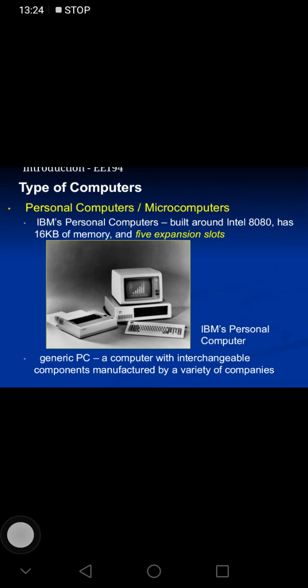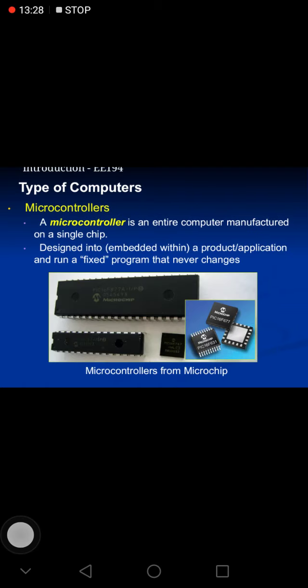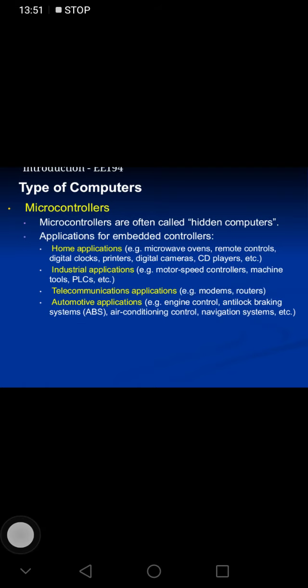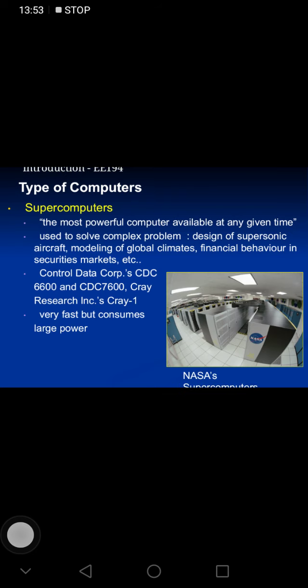Okay, so the other one here is IBM's personal computers. Okay? Pakibasa na lang. Okay, then dyan na actually nagsimula yung microcontrollers, no? Usually yung basic computers natin as of now is composed yan siya ng microcontroller. Okay? So when you say microcontroller, it is a chip where all instructions are performed and executed by the computer. Okay? So yun. So microcontrollers, yan.